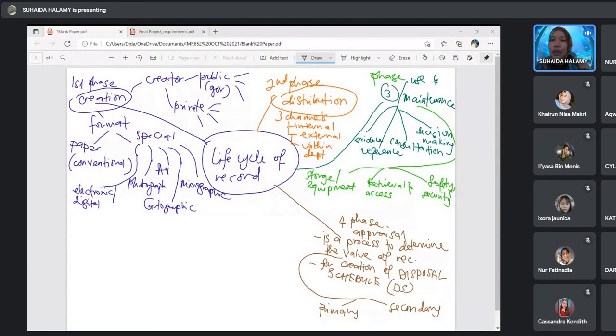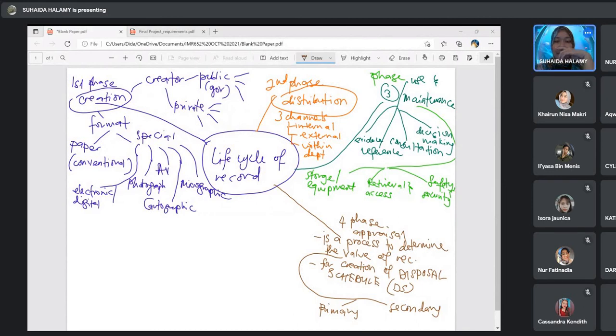Okay, can you repeat the secondary values? Historical.